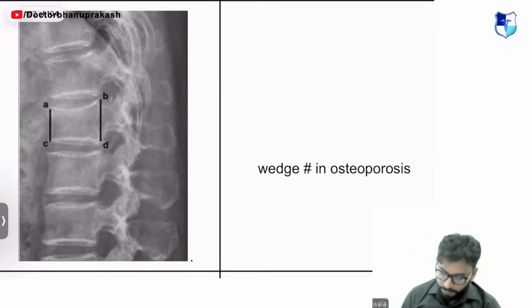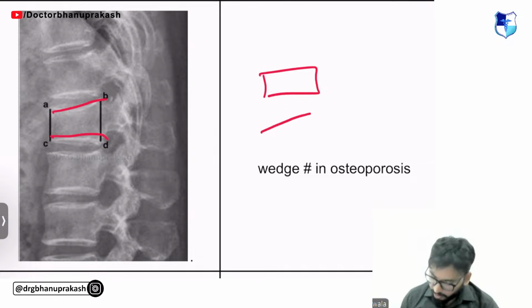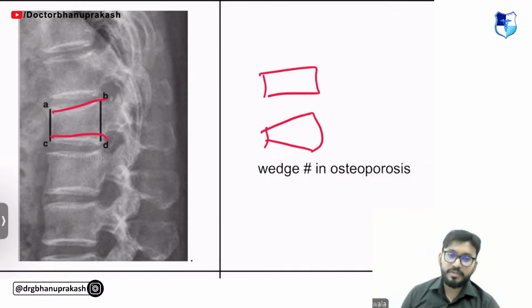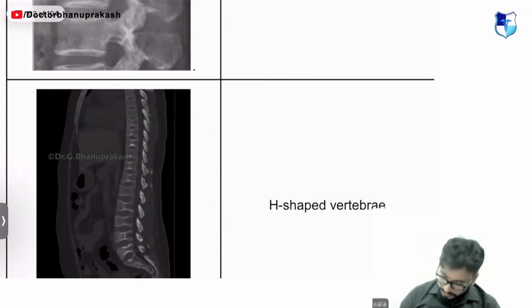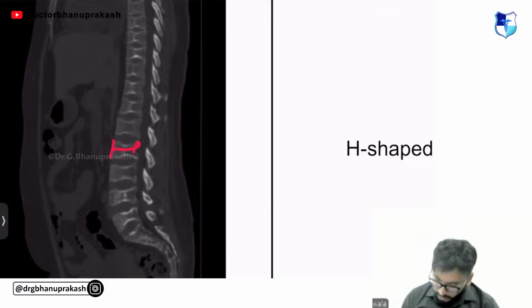Wedge fracture. Look at how the vertebra is. Normally vertebra should be square, but look how this vertebra is. There is a wedge compression fracture. This is osteoporosis. H-shaped vertebra, guys. Look at this H-shaped vertebra. Can you see this H-shaped vertebra? H-shaped vertebra is seen in